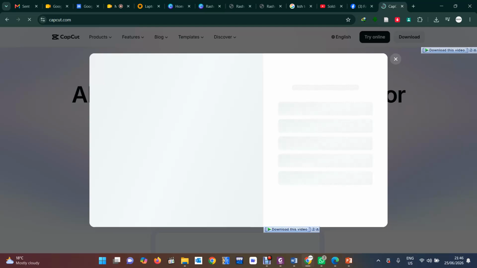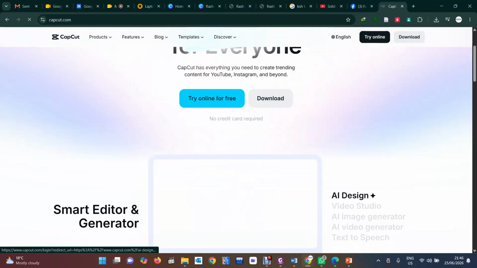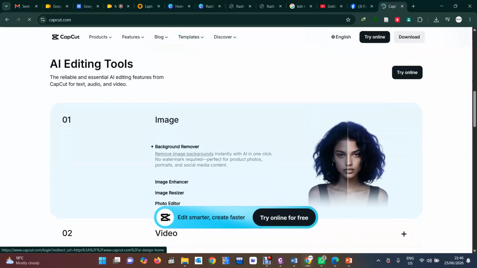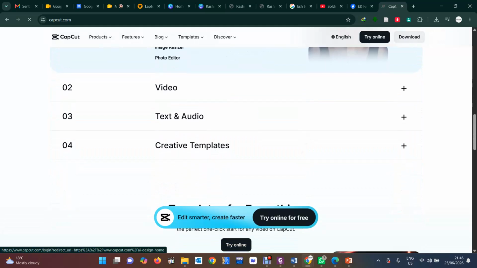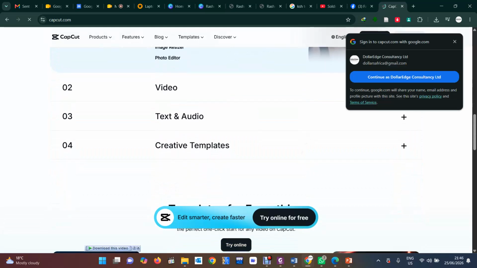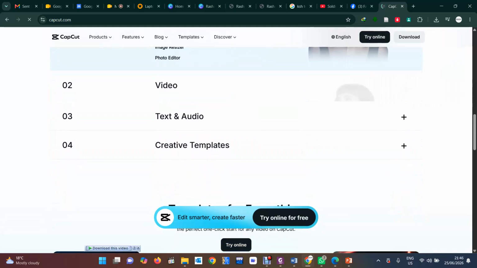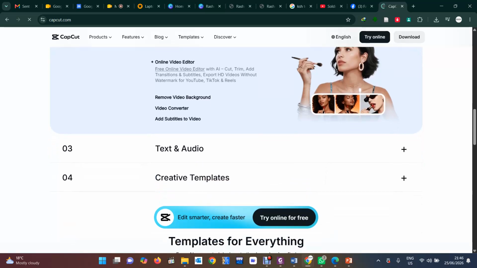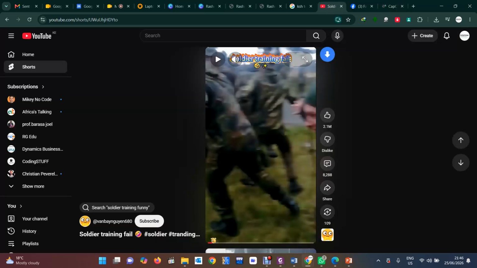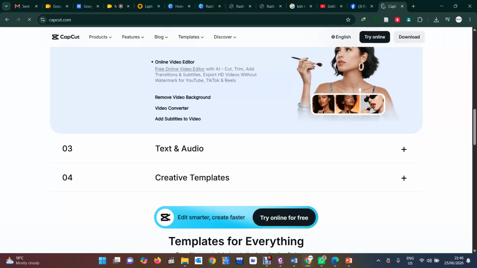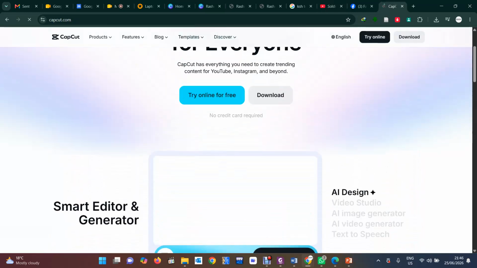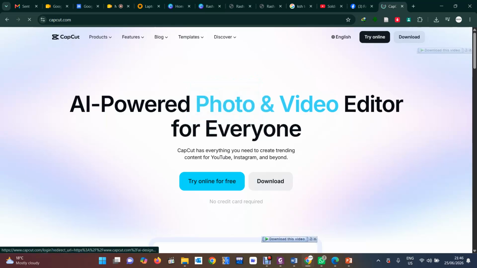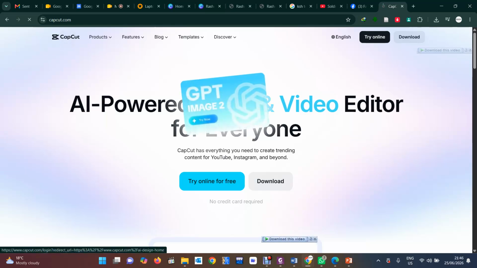They are the ones that are used to design videos used in TikTok, in Facebook Reels, YouTube Shorts, like these ones. So these are AI tools used to design short videos.